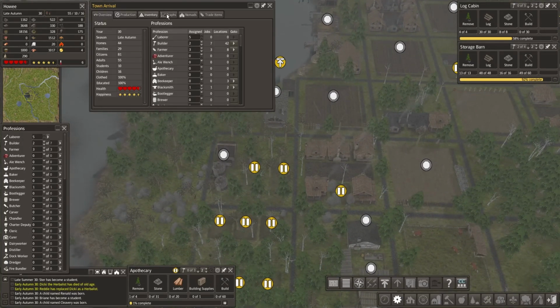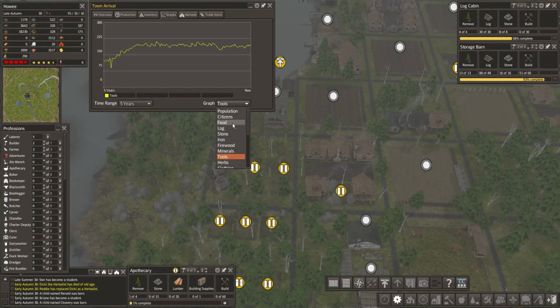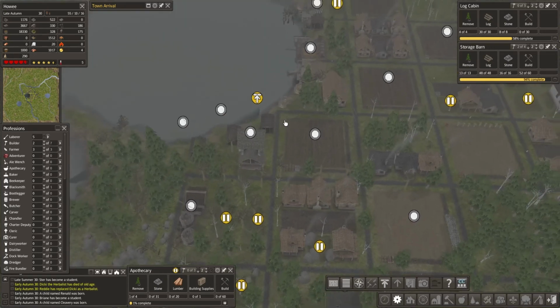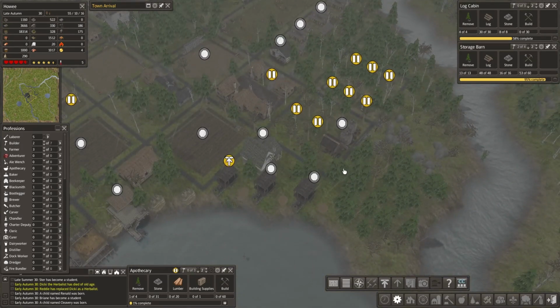We're sitting on huge inventories, huge stockpiles. So we can start to expand. Okay, let's see. We have 5 laborers. Where do we want to place them? I'd like to have...